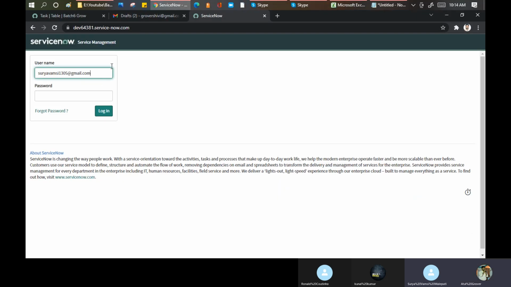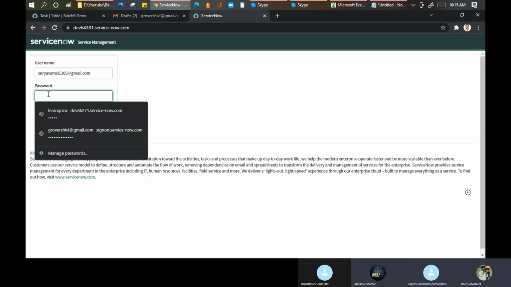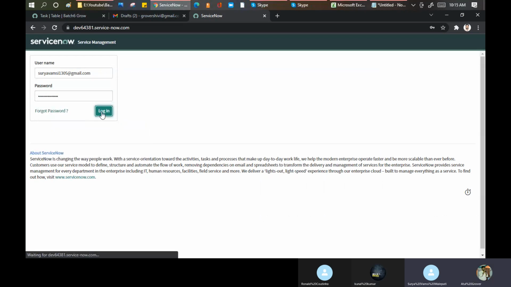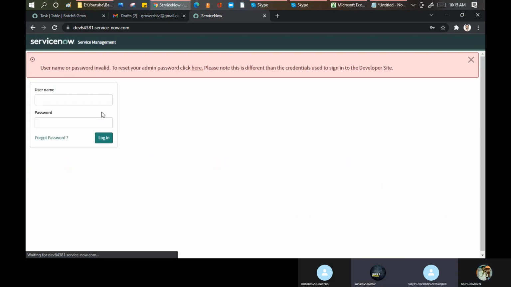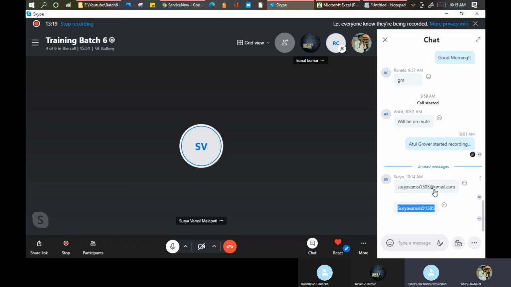Because in my instance there are a lot of plugins, it will create a problem for understanding. Yeah, in ours only about 70 entries are showing in that table. No, it's a wrong username and password. Surya, you're giving me your developer instance. No, I don't want that. I want your login one, admin, and what is the password there?